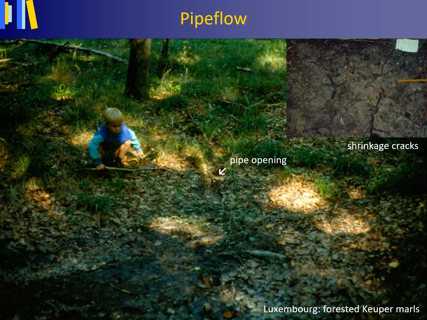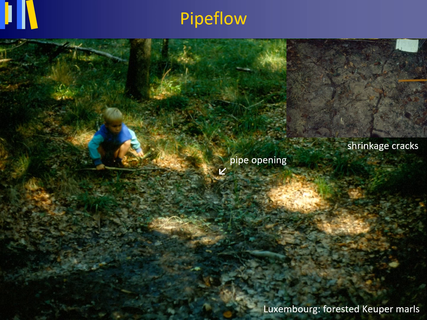Shrinking and swelling of clay is a seasonal phenomenon, and interestingly, for every dry period, these shrinkage cracks in the Steinmergelkeuper Marls of Luxembourg can be observed to reappear at the exact same spot as before. Similarly, subsurface flow through artificial drainage pipes in a clay soil in Oxfordshire, England, was found by Robinson and Bevan to be more responsive to storms in summer than winter, also because in summer the soil was dry and cracked.